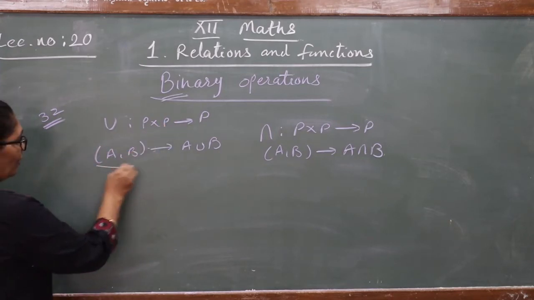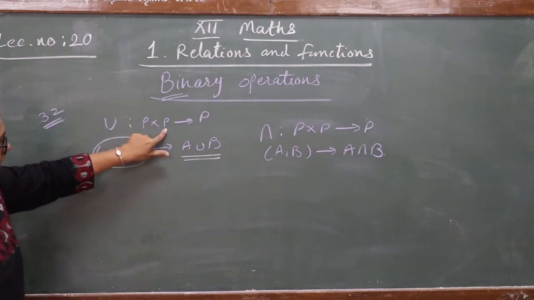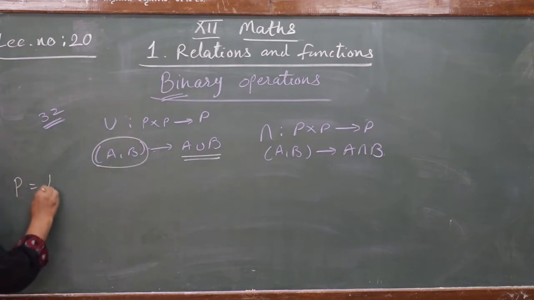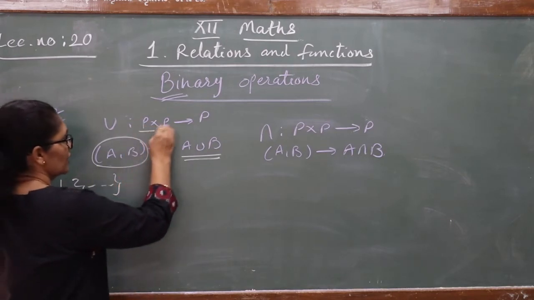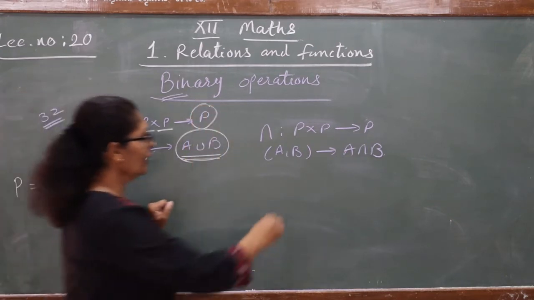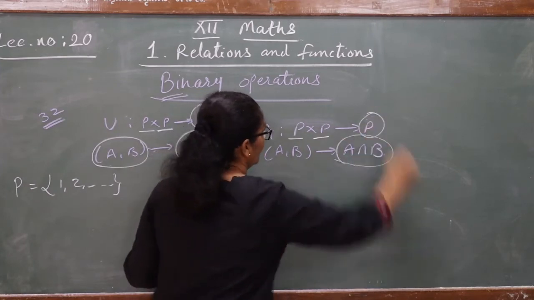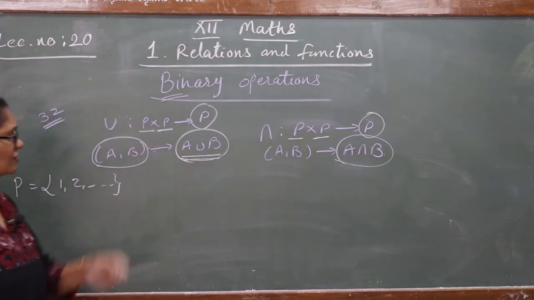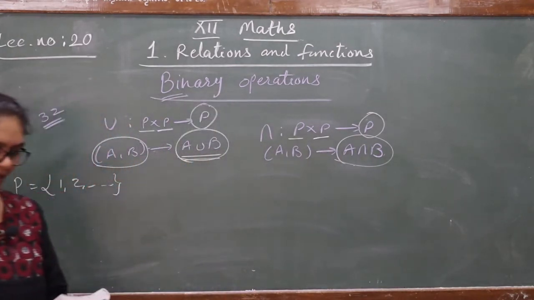P is a set, you can take any number as P. Now check A asterisk B, where the relation is union. If you take any element of P, P may be any set, we are not sure what P is. Suppose for example we take 1, 2, 3 and so on. If you choose any two elements in P, their union is also in P only. Similarly, if you choose any two elements from P, their intersection is also in P only. So that way you can say it is a binary operation. These are all MCQ type questions, short questions, so you have to write the answer in one line only.